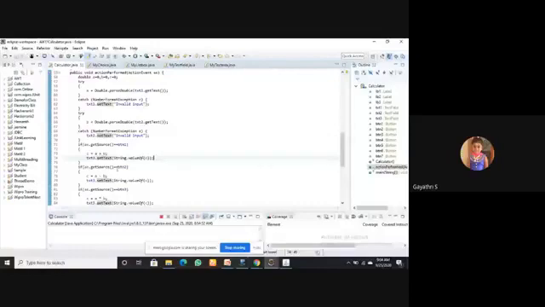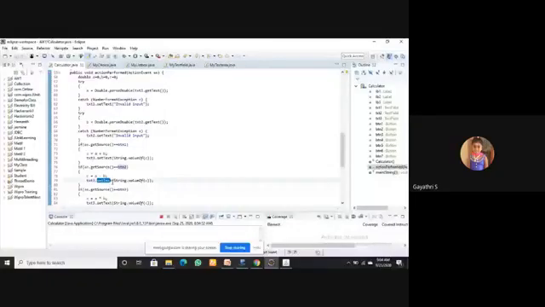Next, if the source is button 2, which is subtraction, subtraction is performed. Other things are as usual. The value which is in double, you should convert into string and set the text on the third text field, which is about the result.